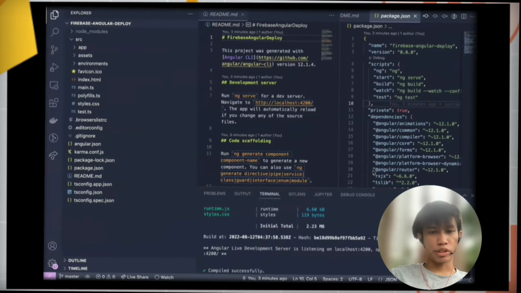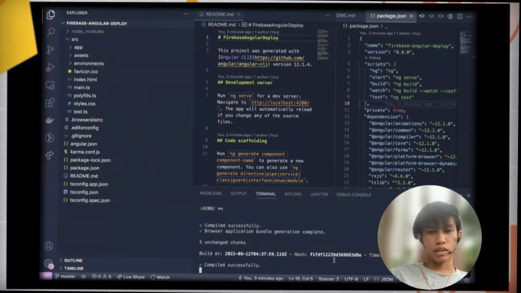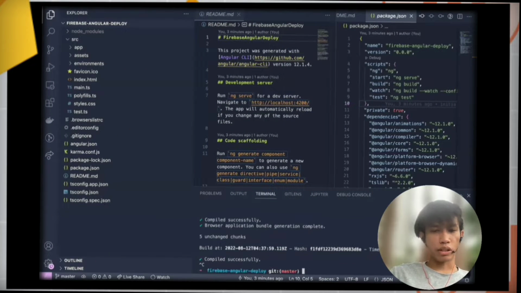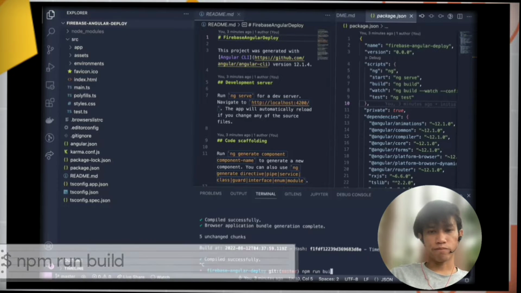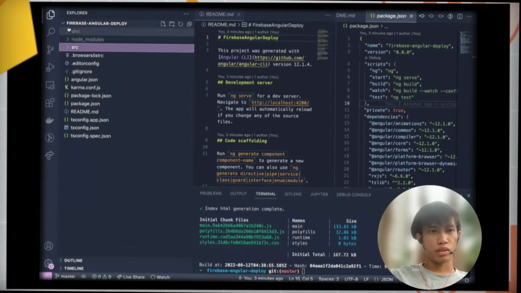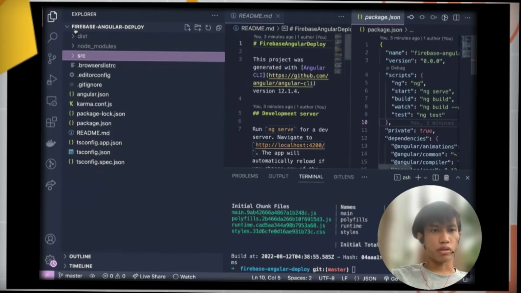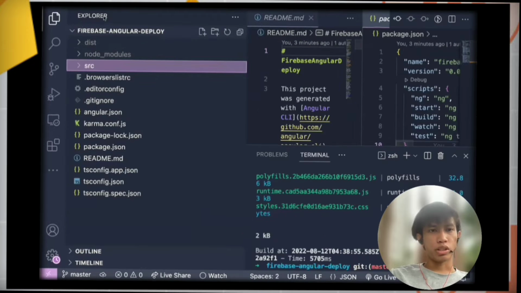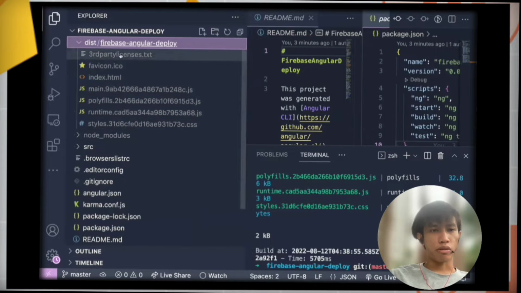Let's head back to the terminal, and then we can build our Angular project by typing npm run build. Right, so the build has already finished. As you can see in here, there's a folder called dist, which is actually the build folder for our Angular